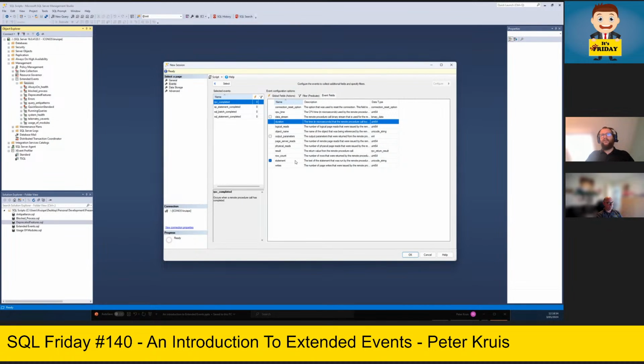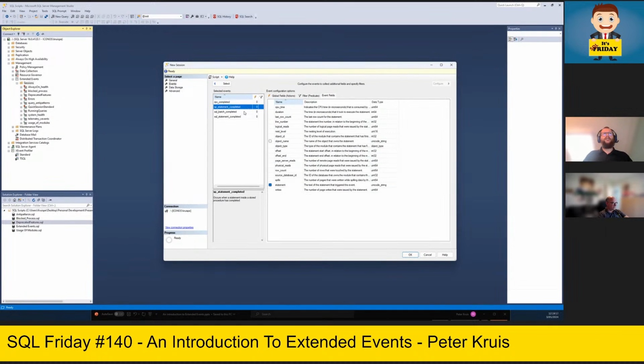Some are on by default. The SQL team thinks statements are quite handy to have when you are retrieving the RPC completed. If you don't want them, for example, you just want the count of something and you are going to filter it eventually, you are able to uncheck the checkbox.